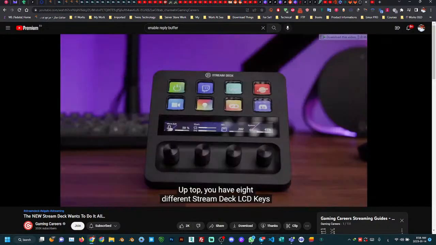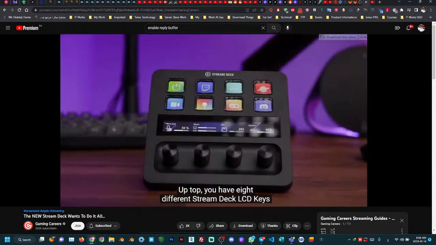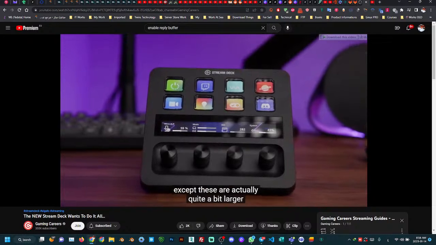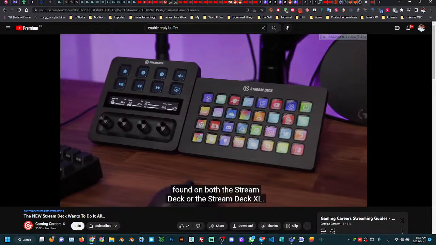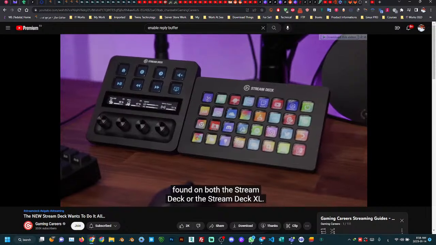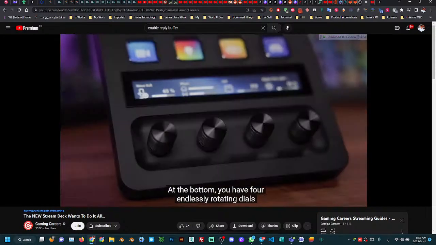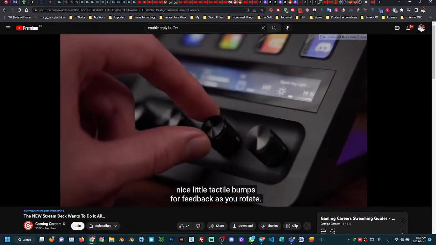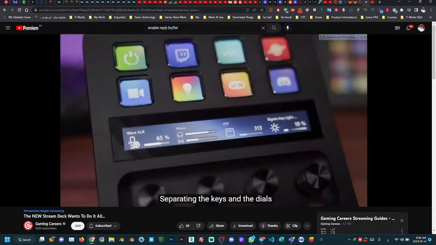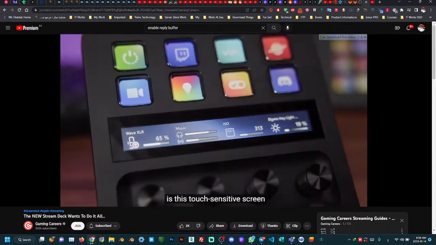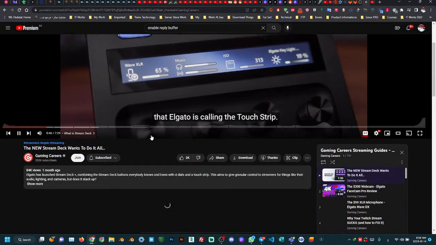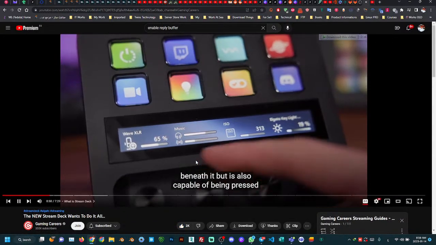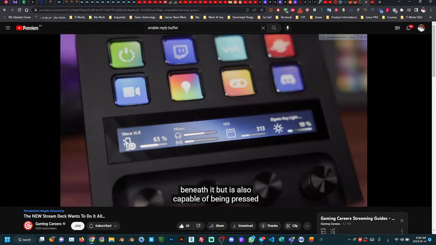Plus is. Up top, you have 8 different Stream Deck LCD keys that everybody knows and loves, except these are actually quite a bit larger and more spaced out than the keys found on both the Stream Deck or the Stream Deck XL. At the bottom, you have 4 endlessly rotating dials that can be clicked in and have those nice little tactile bumps for feedback as you rotate. Separating the keys and the dials is this touch-sensitive screen that Elgato is calling the touch strip. This displays the information about each of the dials beneath it, but is also capable of being pressed or swiped